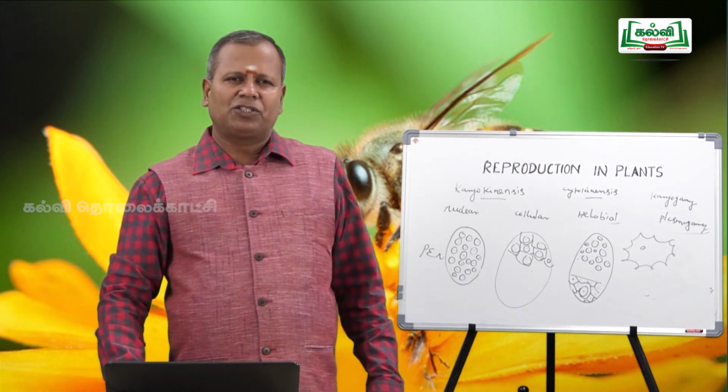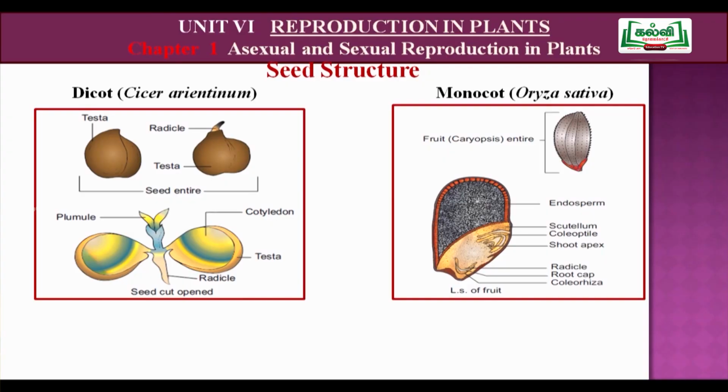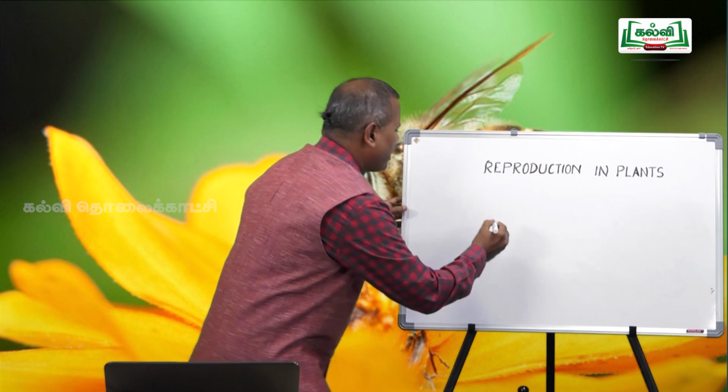The next one is seed. After fertilization, the egg is converted into zygote. The secondary nucleus is converted into the endosperm or the primary endosperm nucleus. The diploid zygote undergoes successive mitotic cell division to form a structure called the embryo. So embryo is the end product of mitotic cell division, and the embryo has 3 parts, namely